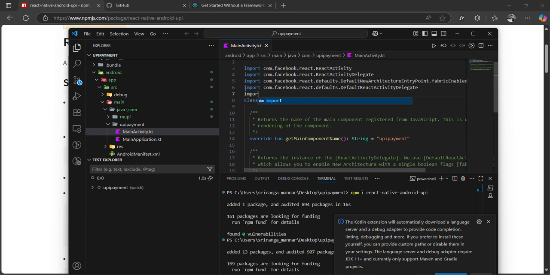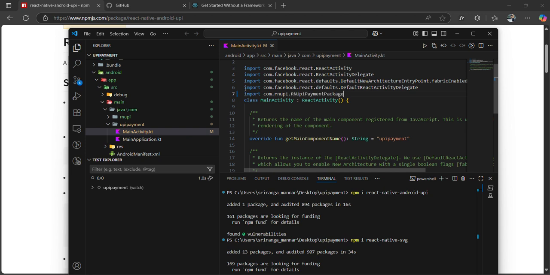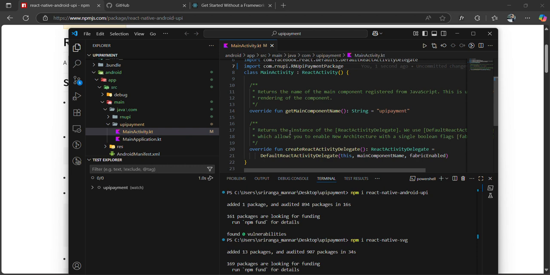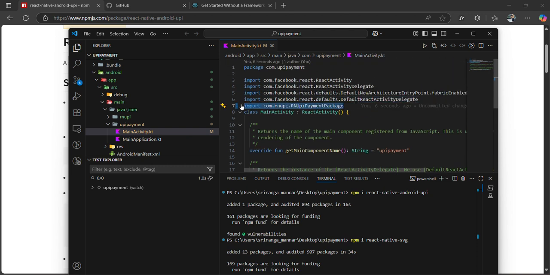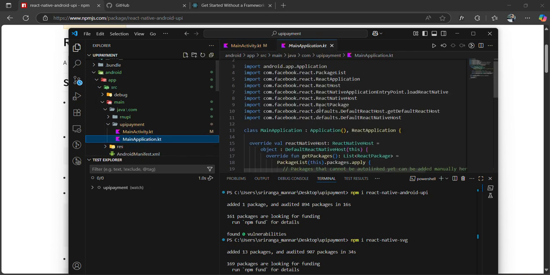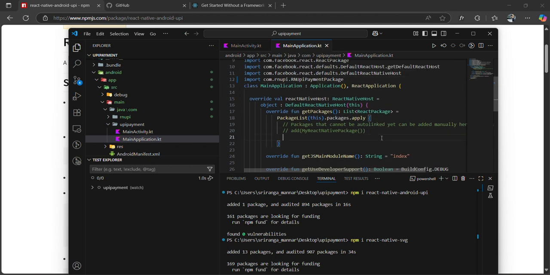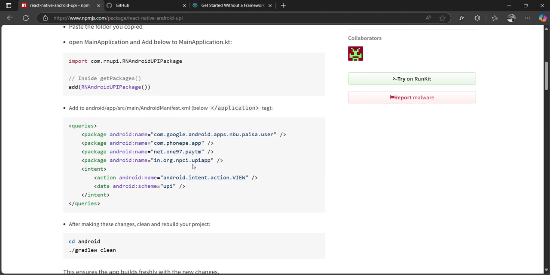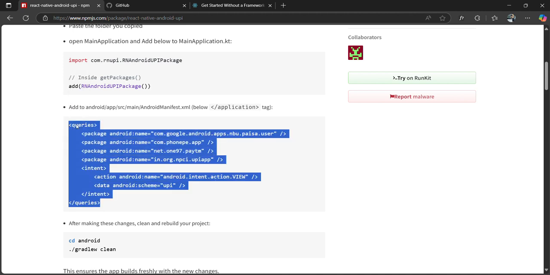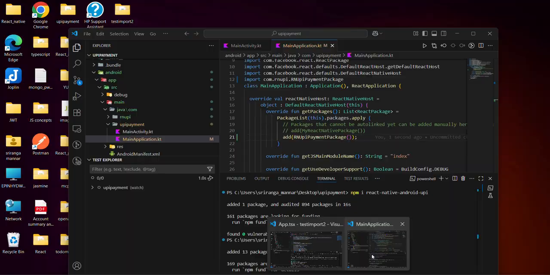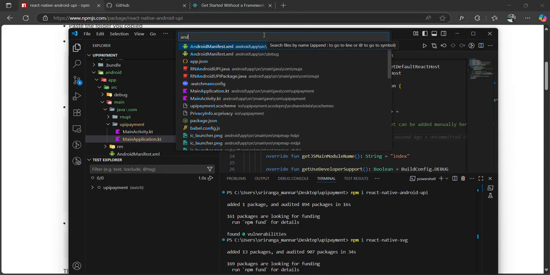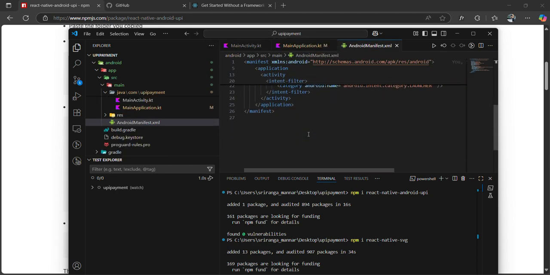So here just do import com.rnupi payment package, and then sorry, not here, in the MainApplication.kt you have to import this file and add the package over here, and then go back to this package and copy these lines and paste it in the Android manifest. Over here,